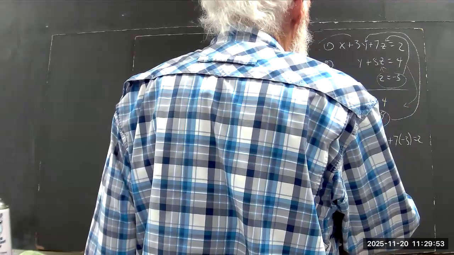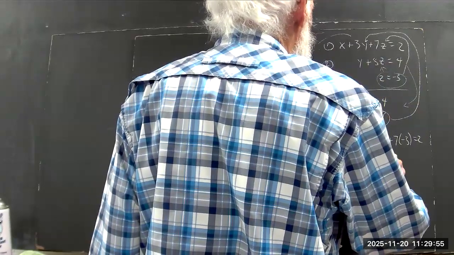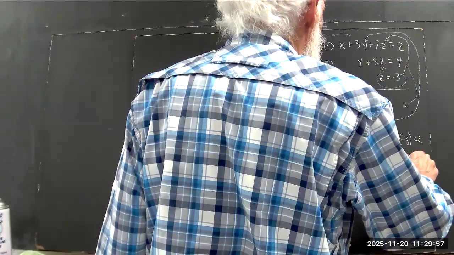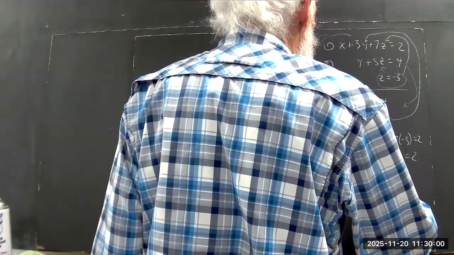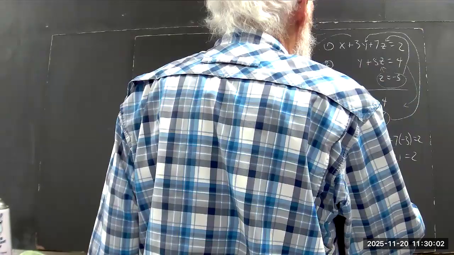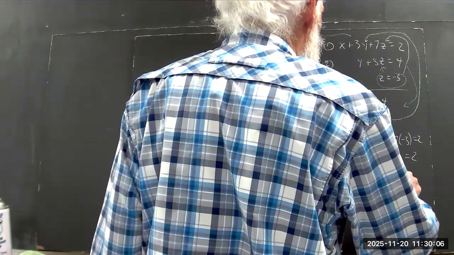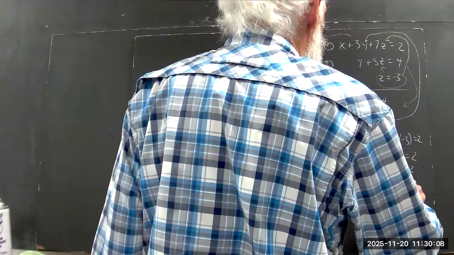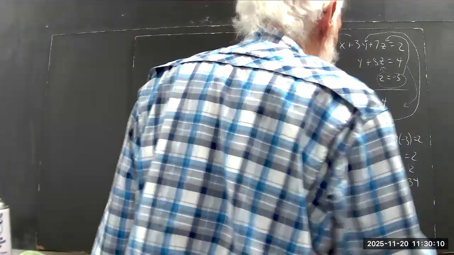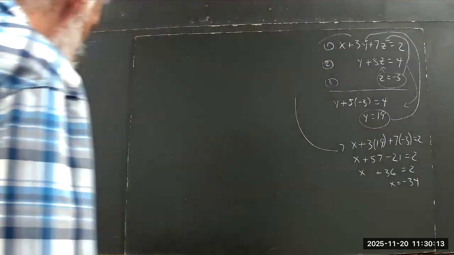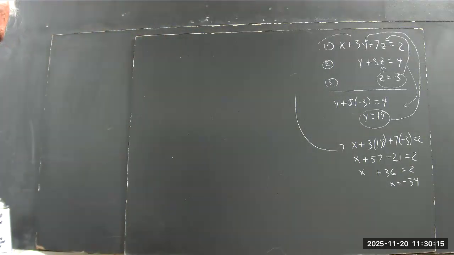Well, that gives us x plus 57 minus 21 equals 2. x plus 36 equals 2. x equals negative 34, which checks